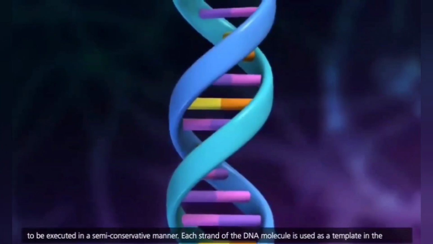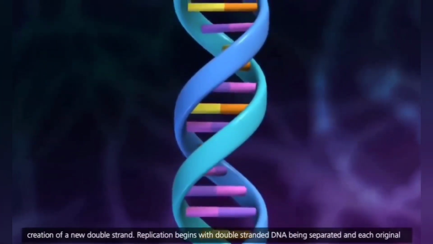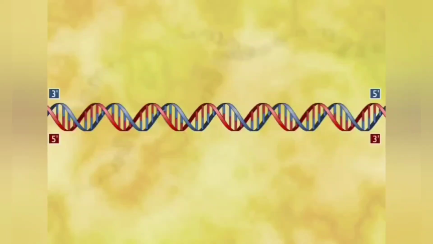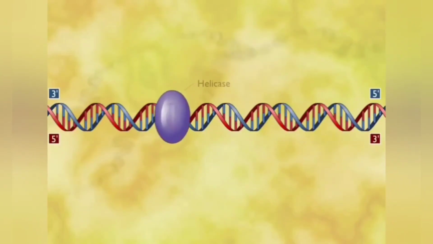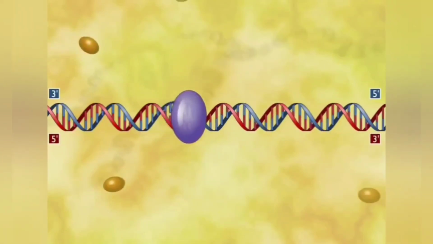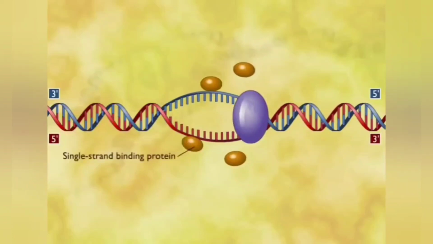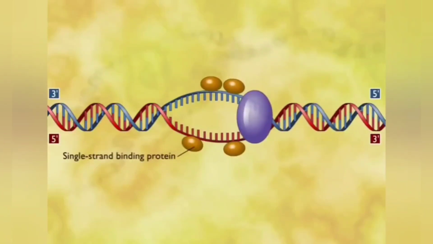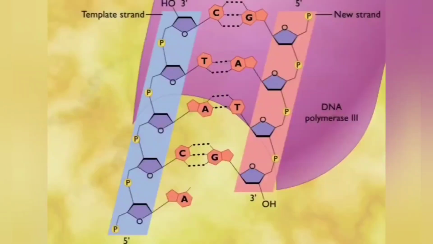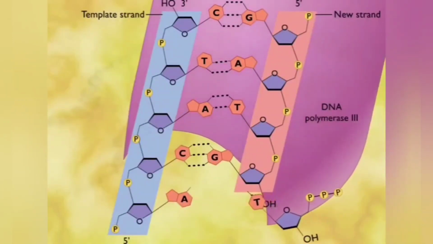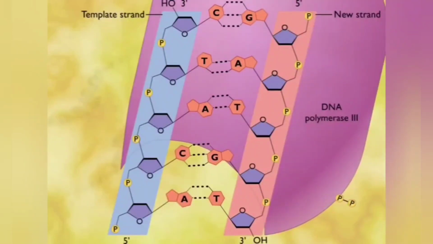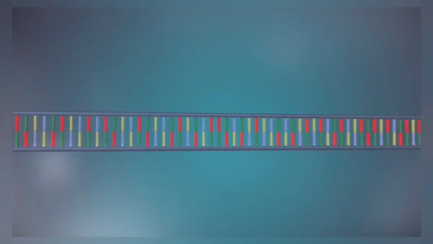At the site of origin, helicase enzyme helps in breaking the hydrogen bonds and unwinding of the two strands of DNA. The two strands which are unwound are stabilized by single strand binding protein. The two strands act as templates. On this template, new DNA is formed with the help of the enzyme DNA polymerase III, which adds new nucleotides to the base molecule of the nucleotide at the 3' end. So it always requires a base molecule to add a new nucleotide.